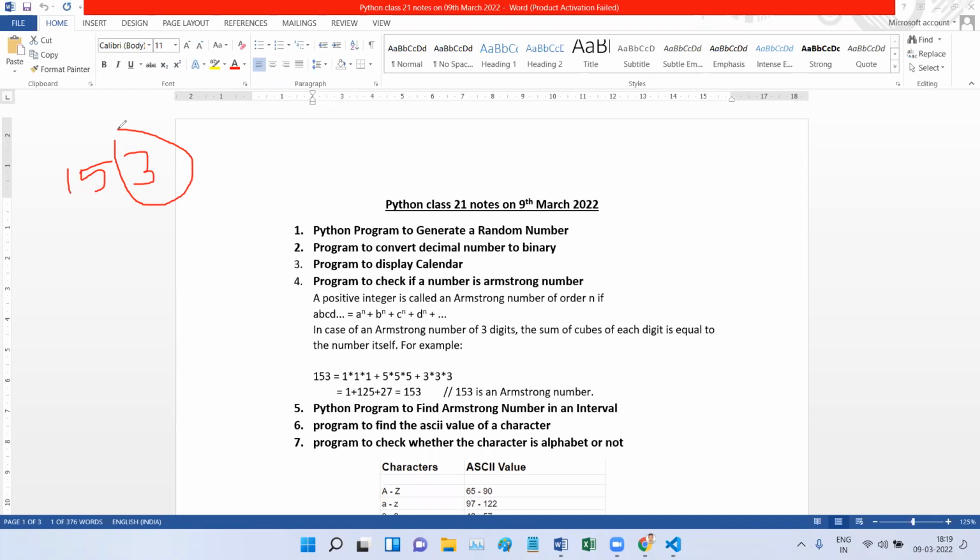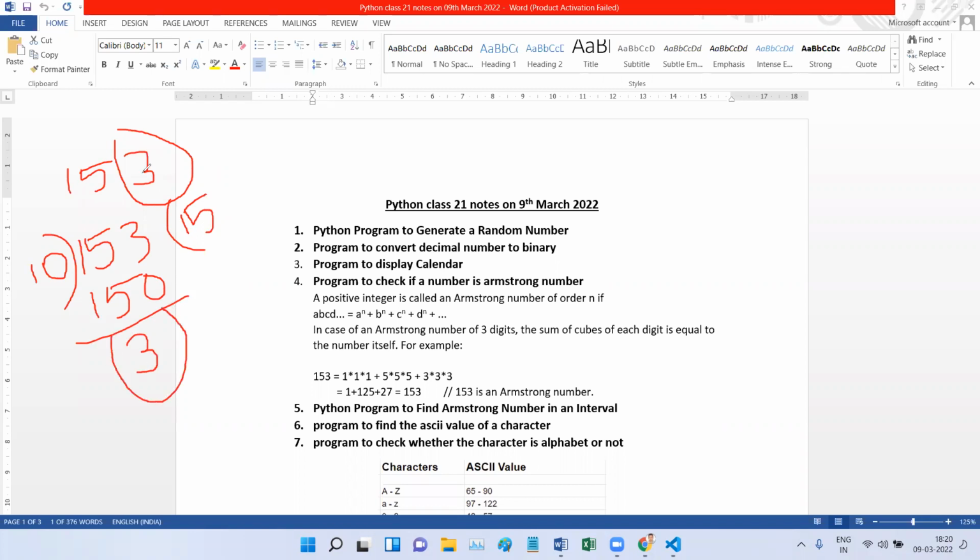To extract digits from a number, we have division and modulo division. Let's say you divide 153 by 10. What are you going to get? If you multiply with 10, the nearest is 10 15s, which is 150. So what are we going to have? We will be having 3. This is the remainder. As you can see, we are able to get the last digit. This is the logic we will be using.